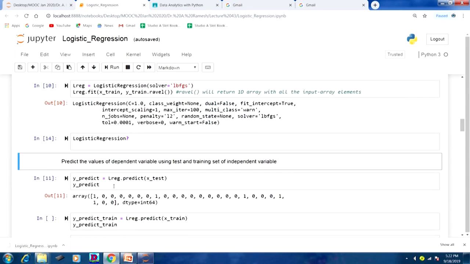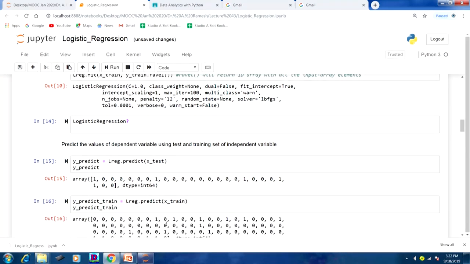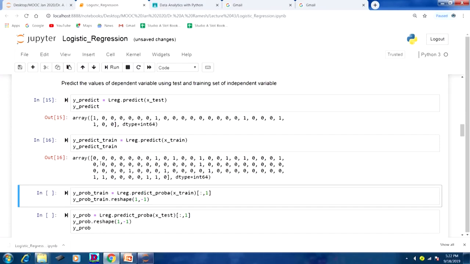Now, we will predict with our model with the help of the test data set. This was our predicted y value. Here the input is the test data set. Now, we will take the training data set and predict with the model. Because in the training data set there are 75 data points, here only 25 were there. So, this was our predicted output for the training data set.